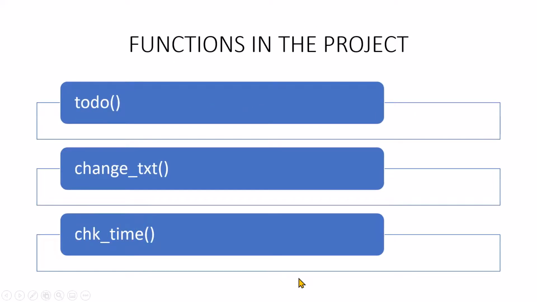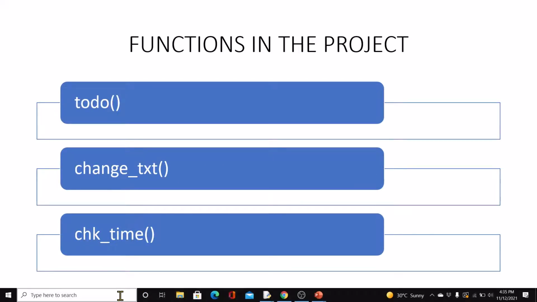The functions we'll have are to do, that will be the main function, and then we'll have change text, right, for when a button is clicked, and we'll have one more function, check time, right, where this function will constantly run checking the current time, and then we'll use text to speech within this function to speak out the task that we've created. Right, so now let's go to the command prompt